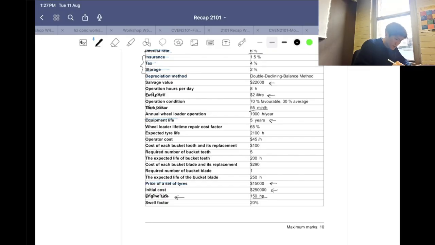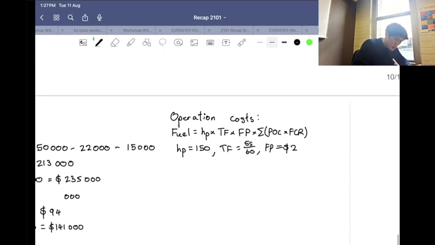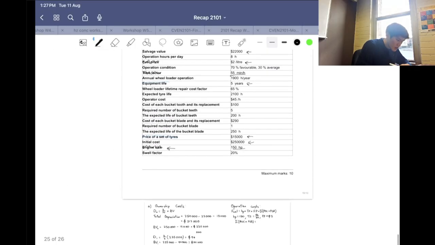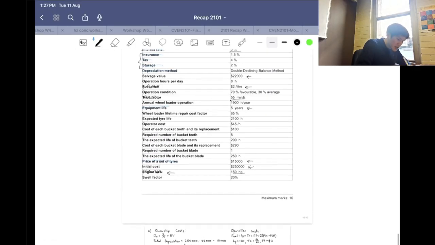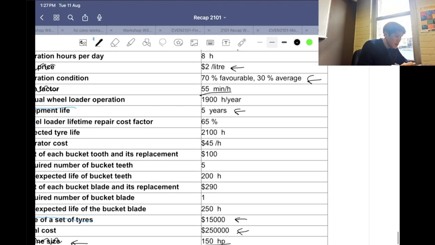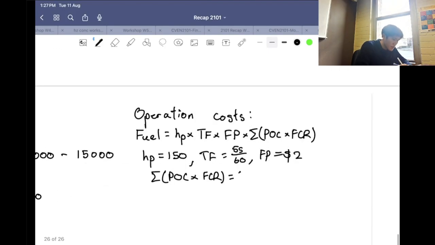Scratch that out. And the sum of your POC times the FCR. The operation conditions, it says here, 70% is favorable and 30% is average. So it would be 0.7 times the